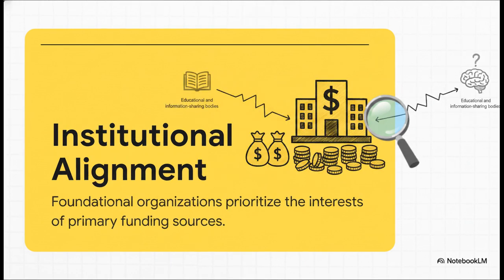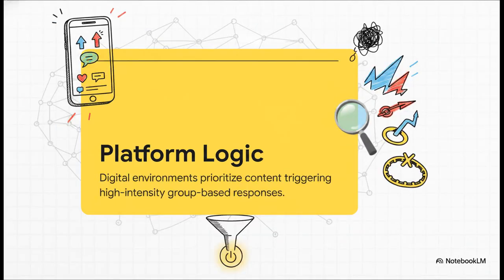Third is institutional alignment. And wow, this one is a stark contrast to what we're normally told. Analysts across the spectrum actually agree on this. Foundational organizations, and this importantly includes educational and information-sharing bodies, often prioritize the interests of their primary funding sources over their stated public missions. Let that sink in. The institution will ultimately align with the money backing it, not the noble mission statement they print on their glossy brochures. The fourth and final pillar is